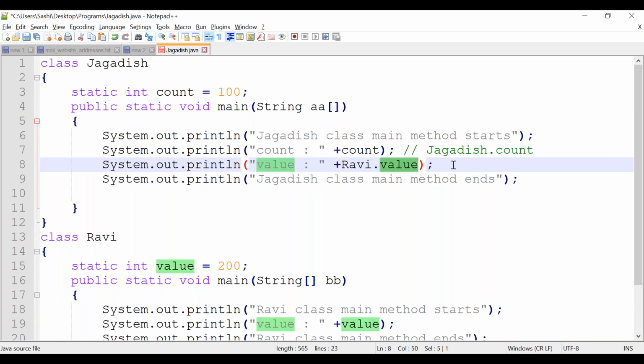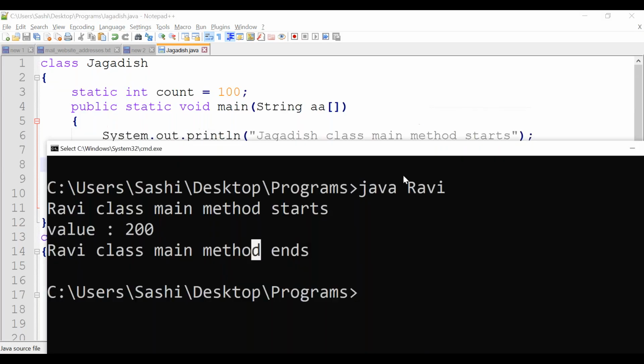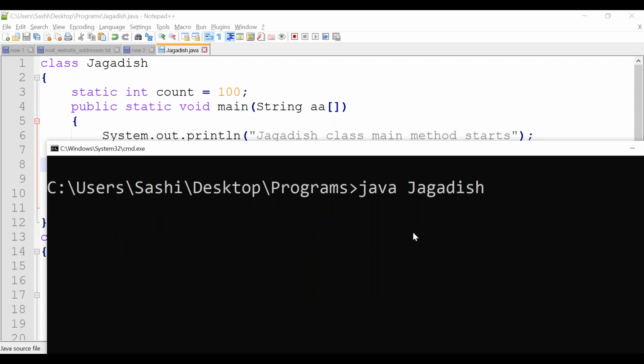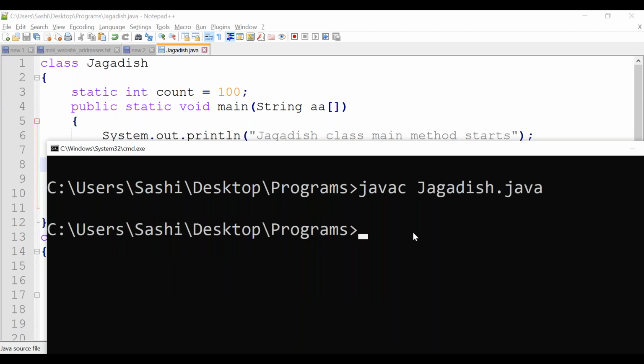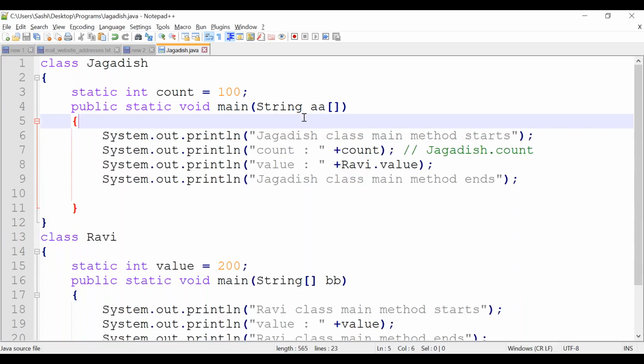So what I do, let's save this class, let's recompile it, and let's see what happens. Each time you need to recompile: javac filename.java. Compilation is a success. Let's run the Ravi class.